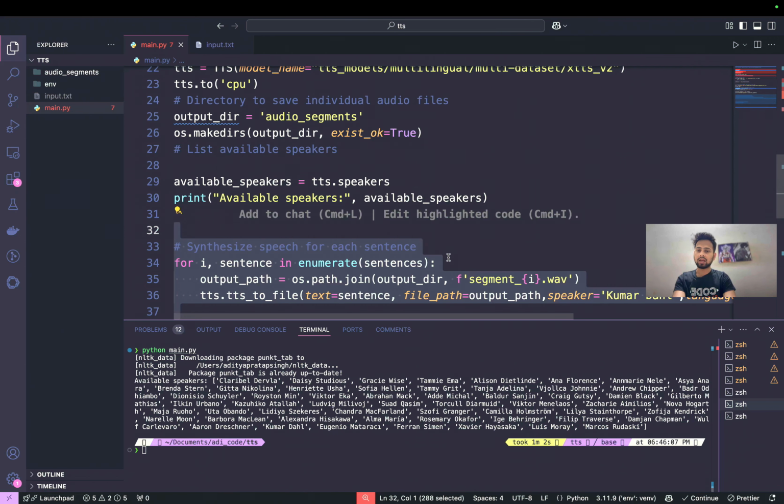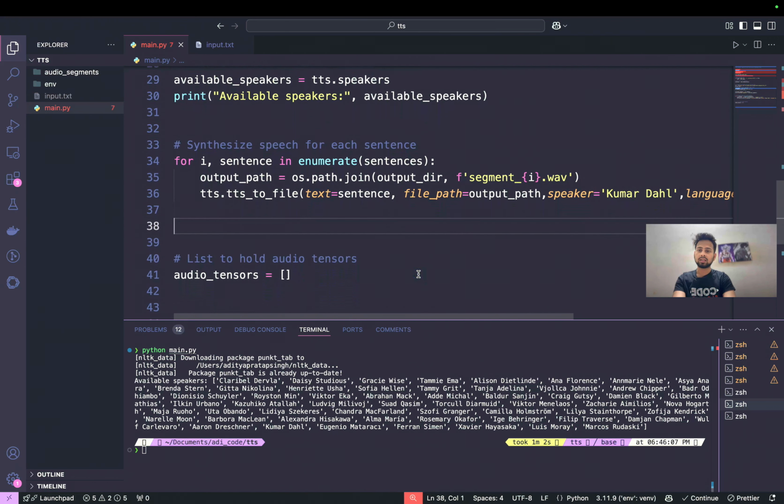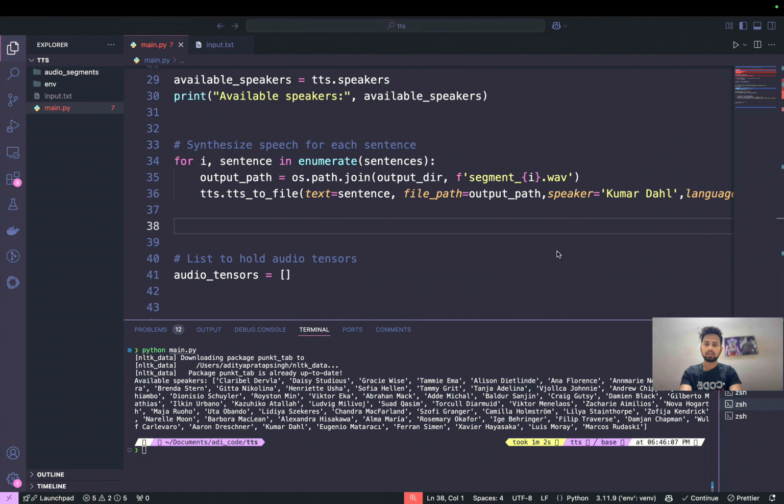Now once we have this, we have to basically synthesize each of our sentences. So let me bring it here. What we are going to do, we have multiple sentences in our input text, we have split it, and there are small parts of it. So we are going to be dividing our audio into particular segments, and then once we have transcribed our entire input text into audio and we have the multiple audio segments, we will combine those audio segments and create